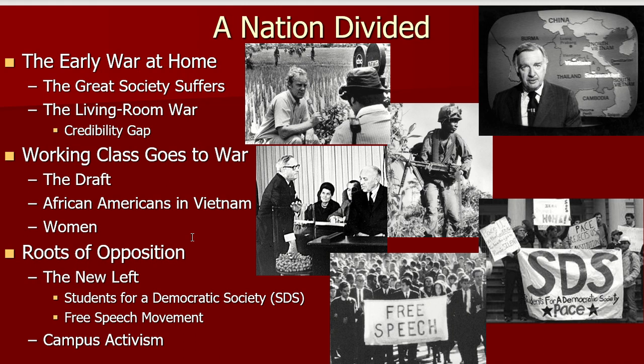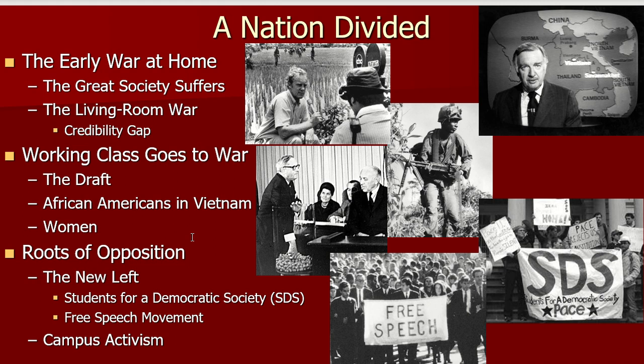One of the ways to get out of the draft was, of course, you could go to college, and so that means that mostly middle class or upper middle class and even rich people could avoid going to Vietnam if they were able to go to college. And so that meant this was a working class war. A lot of people who were more in poverty were much more likely to get drafted. And they weren't even always aware of all the ways they could get out of being drafted. So a lot of these lower income people who were more in poverty a lot of times got unfairly drafted into the war a lot more than they should have been drafted.